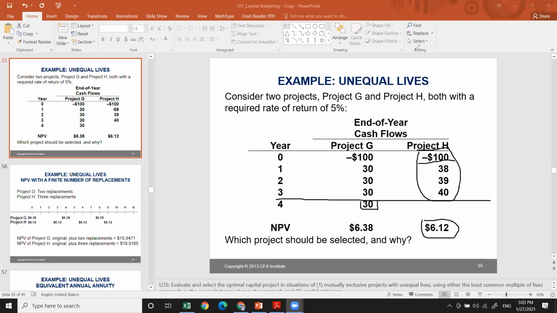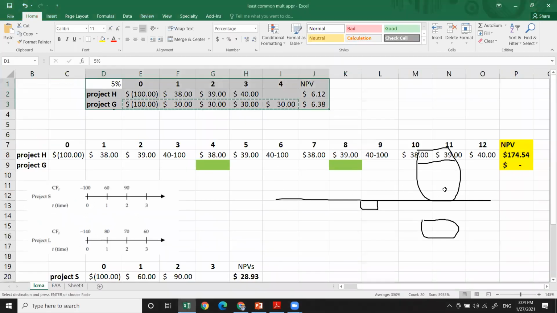Am I clear? We have to see. We cannot say now because I need to see the cumulative NPV, how it works. Then I would be able to answer which project is better. So in here,